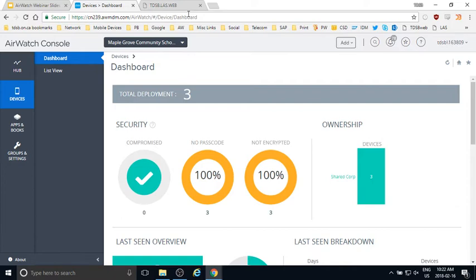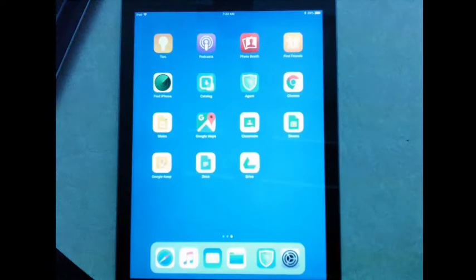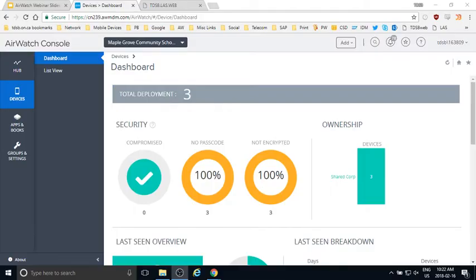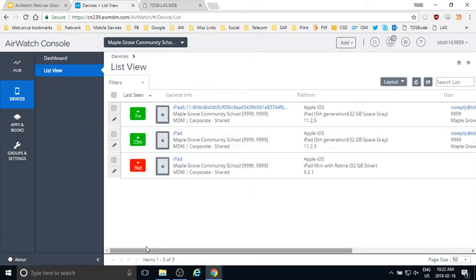But I've managed to log into the AirWatch web console, and here's what we see from the actual web perspective, right? This is where we do the actual management of the iPads. So, you got your iPad with all your AirWatch stuff on it, and then we manage it from this web console. All the magic actually happens here in the web console. It just shows here that I have 3 devices. Again, nothing special. It's the 3 iPads that I have next to me.